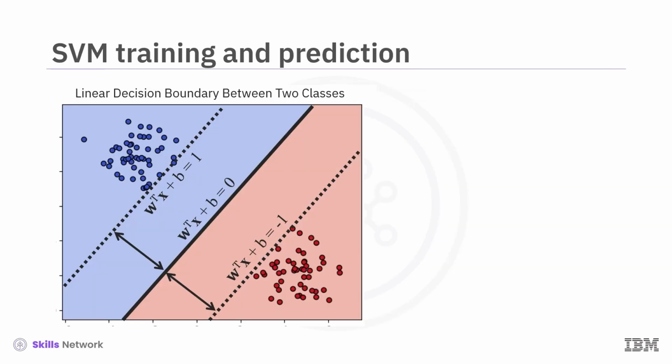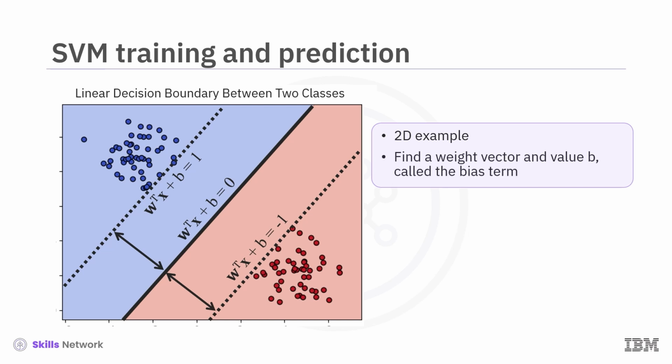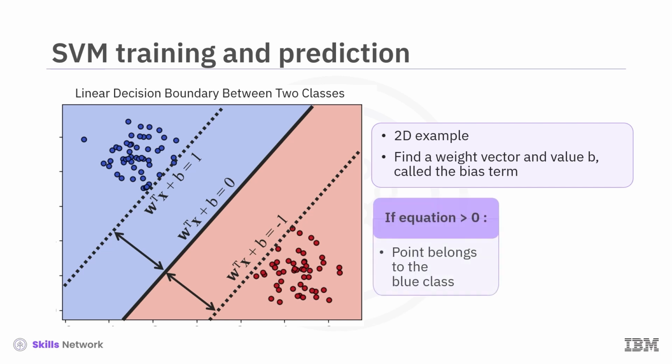Without getting into the details of the mathematics involved in the derivation of the optimization problem, consider this 2D example. Using the training data and assuming the data has been normalized, the objective is to find a weight vector w and a value b, called the bias term, such that a, the inner product of w with itself is minimized, which amounts to minimizing the length of w, and b, for every observation, or data point x, and target value y, the product of y and w transposed x plus b is greater than or equal to 1. Therefore, the algorithm's output is the line's values, w and b. You can make classifications using this estimated line. Adding input values into the line equation lets you calculate whether an unknown point is above or below the line. If the equation returns a value greater than 0, the point belongs to the first class, which is above the line,